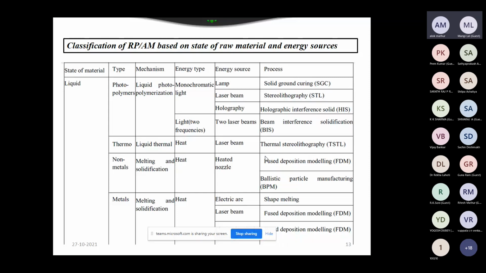For example, if we take the liquid state of material, then there are techniques like photopolymers, and the mechanism is liquid photopolymerization, and the energy type is light, but the energy source may be a lamp, a laser beam or holography. So these are some of the techniques in liquid. Okay, let us directly see this classification, because this is a somewhat elaborate classification.